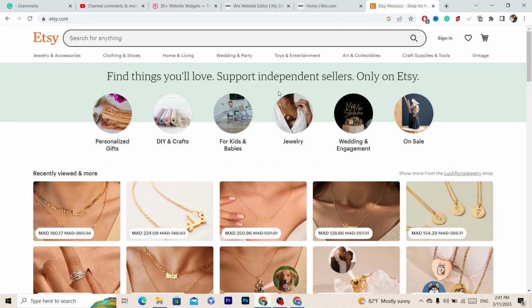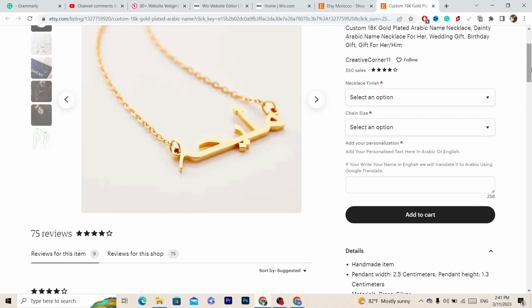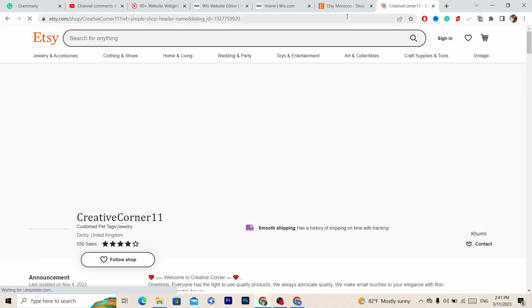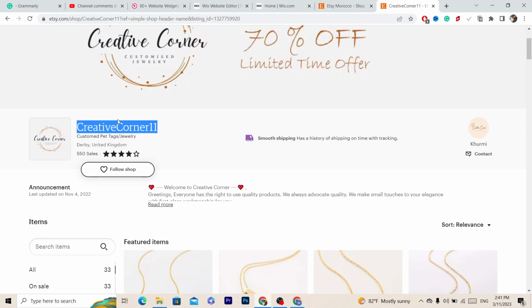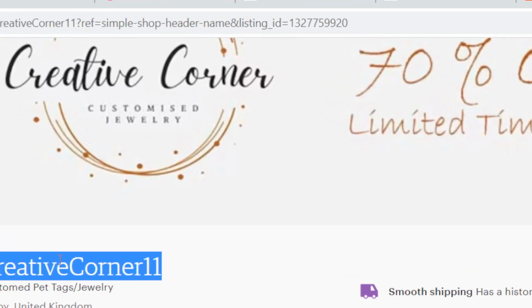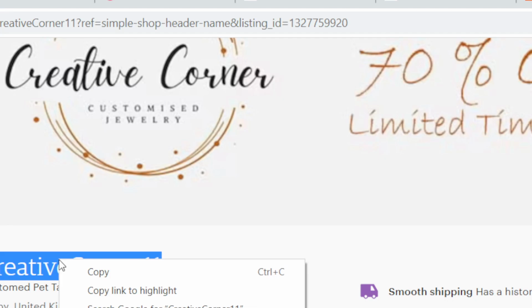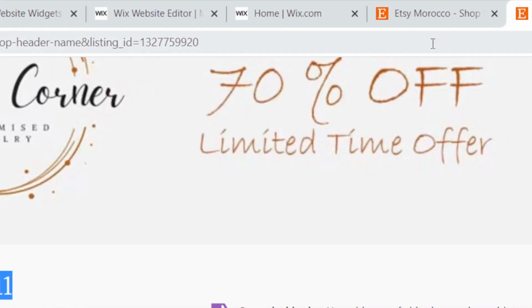The first thing you want to do, guys, is open your store, okay? Or if you want to copy someone else's store and promote it on your TikTok, you can do that just by clicking the store name, and you have to copy the name of the store, okay? Now if it's your store, just copy this name. As you can see, copy it, click Ctrl+C, or copy it manually, click copy, and then open a